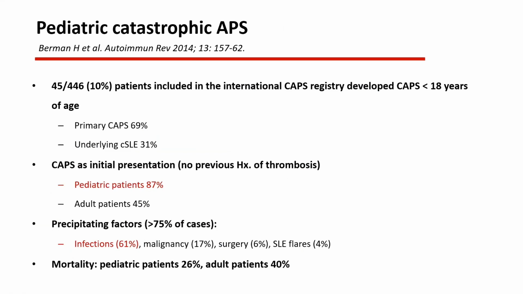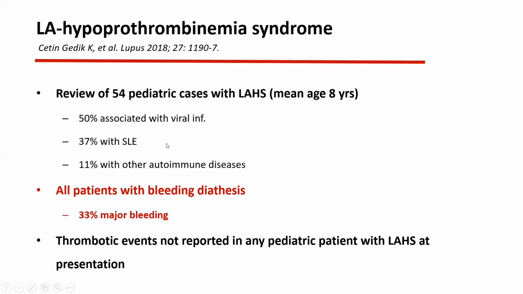Before moving to the next section, I would like to present also two somewhat more specific clinical manifestations. One is pediatric catastrophic APS. These are data from 45 pediatric patients included in the international CAPS registry, and 31% of these patients had underlying childhood onset SLE. And the other manifestation that I would like to highlight, and is particularly characteristic for children, is